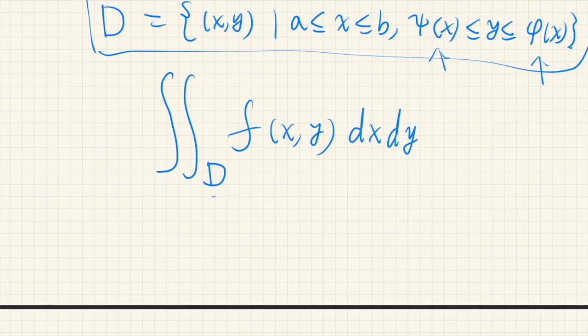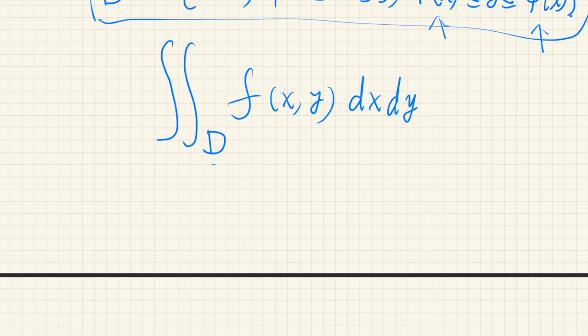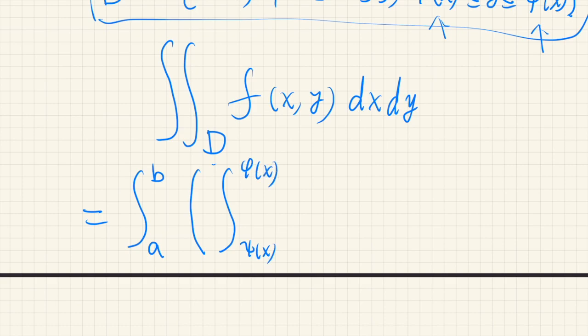Actually, we are going to calculate this as an iterated integral. So that would be something like this. x varies from a to b, and for each value of x, the value of y varies from psi of x to phi of x, f of x and y, dy,